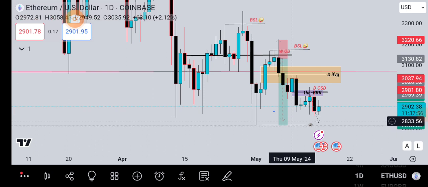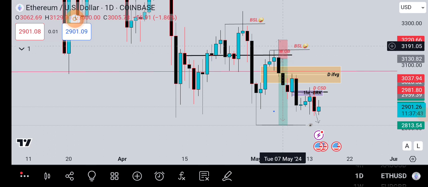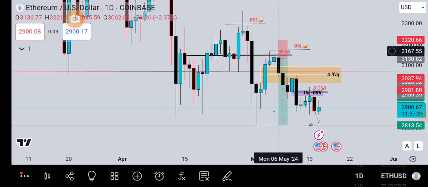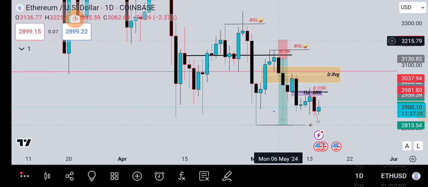Remember, my general draw on liquidity is below these lows, and I did enter a trade above here. You can see we have that weekly order block, which was my key level. We had a tap into it, then a rally higher. We can see an inversion fair value gap over here. Then I saw this price action moving lower, which I'll show you in the lower time frame, and I did enter my trade there with my stops above the high and my targets below here.